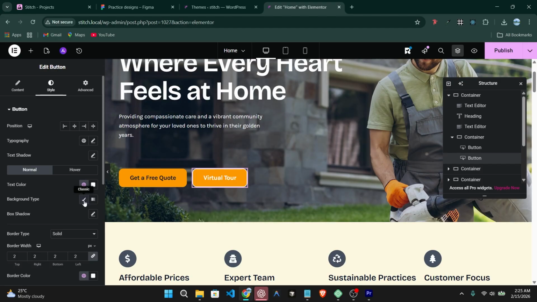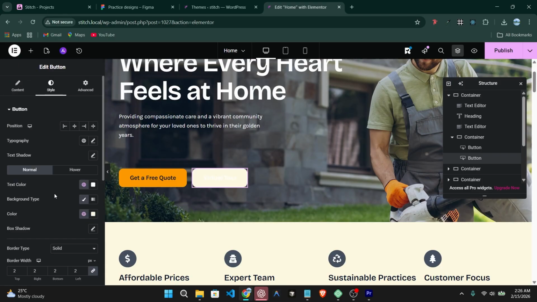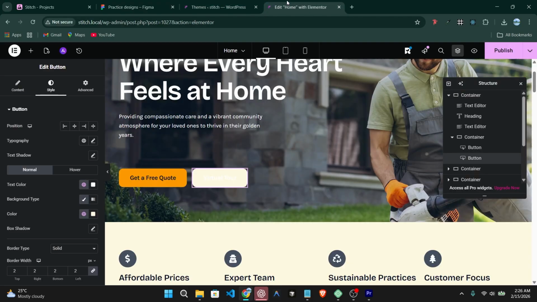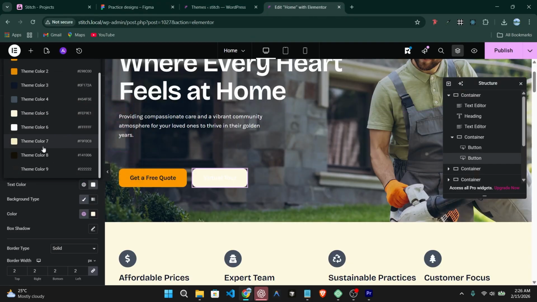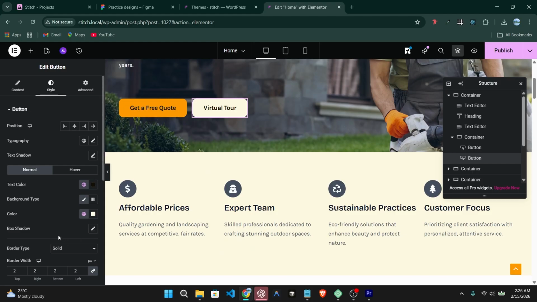So the background type, we're going to give it a solid color. Okay, solid color with a black text. Okay, so let's pick sample black text from our global colors here,